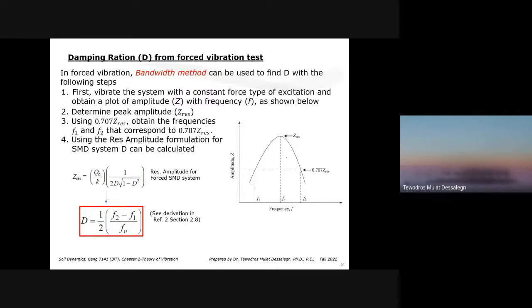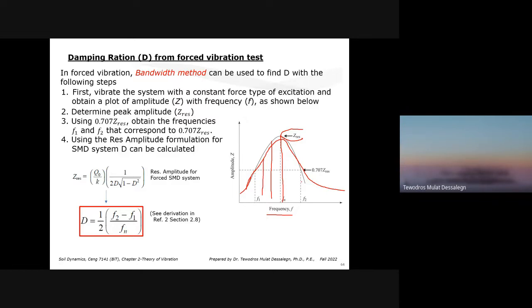If you do a forced vibration test using some input motion, you record different amplitudes for different frequencies. At some point on the graph, you reach a peak value, and then you pass the peak value. For different frequencies, you record your amplitudes at different points and see what peak value you have. Now, we know that the peak happens close to the resonance frequency. With damping, it's not exactly occurring at w equal to wn, but you have the peak value. But you have to make multiple recordings to find it exactly or near to the exact point. If you have this data,